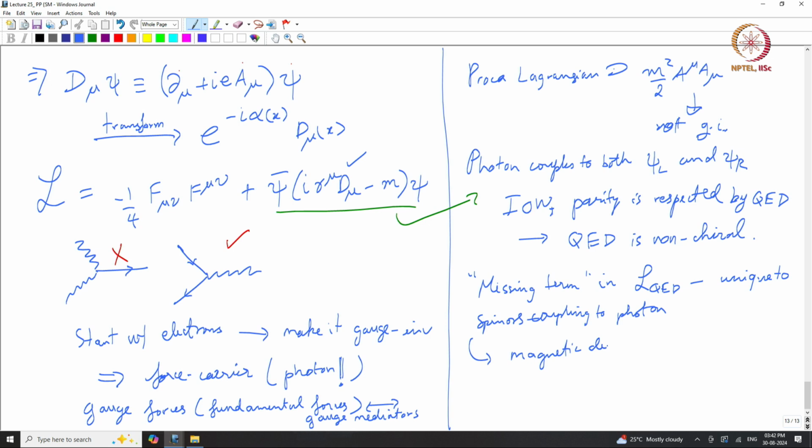the magnetic dipole moment, okay, which also respects gauge invariance and Lorentz invariance. So, I am not going to write this down now, okay. It is a dimension 5 term, we are going to do only what are called renormalizable terms, the simplest terms, but of course I can refer you to Schwartz,